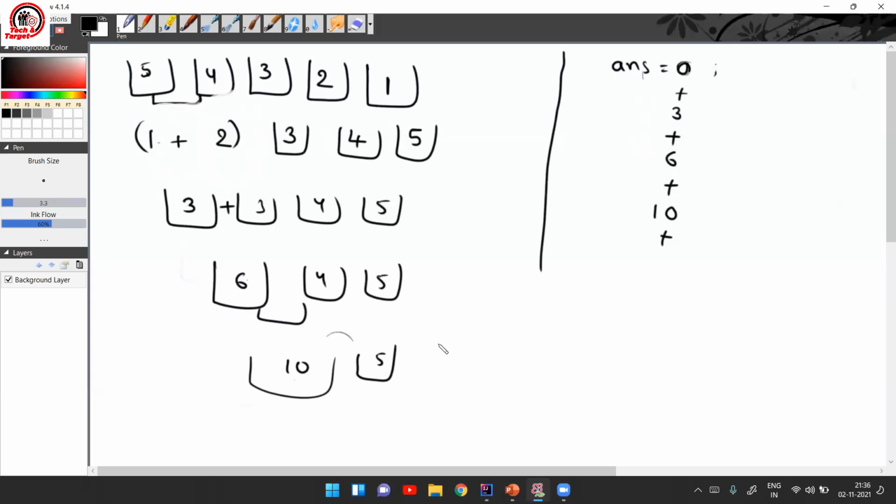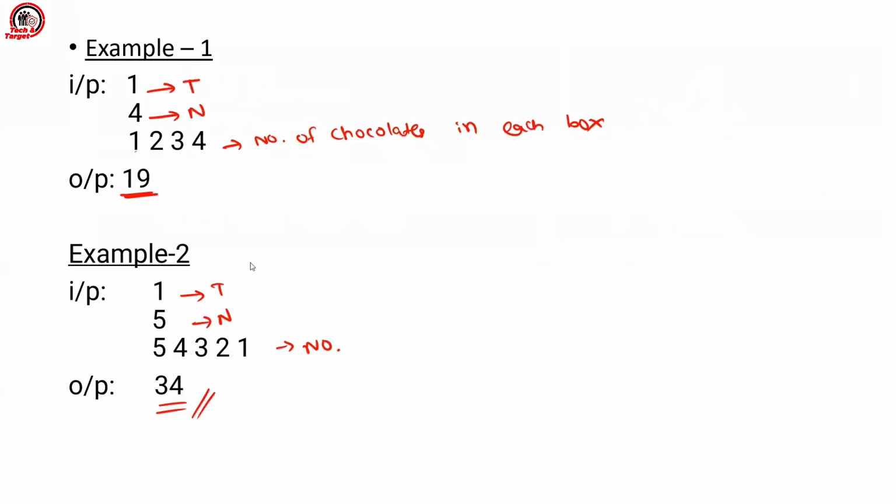Now if you add both of them, we get 15. And the time required to put all of these chocolates into a new box is 15. So you add 15. Now you see only one box. The moment you see one box, you just have to add all of your answers. So 3 plus 6 is 9, 9 plus 10 is 19, and 19 plus 15 is 34. So that's your answer. 34 was your answer, right? That's how you do it, my friends.